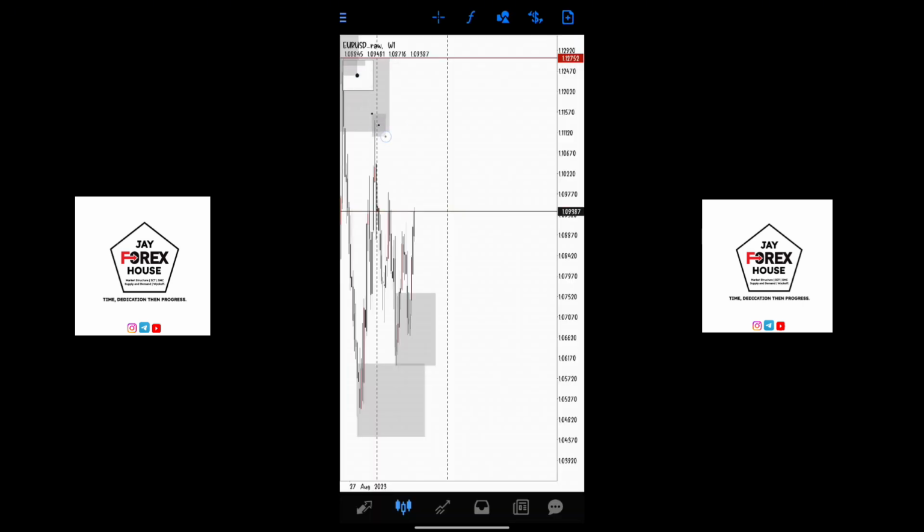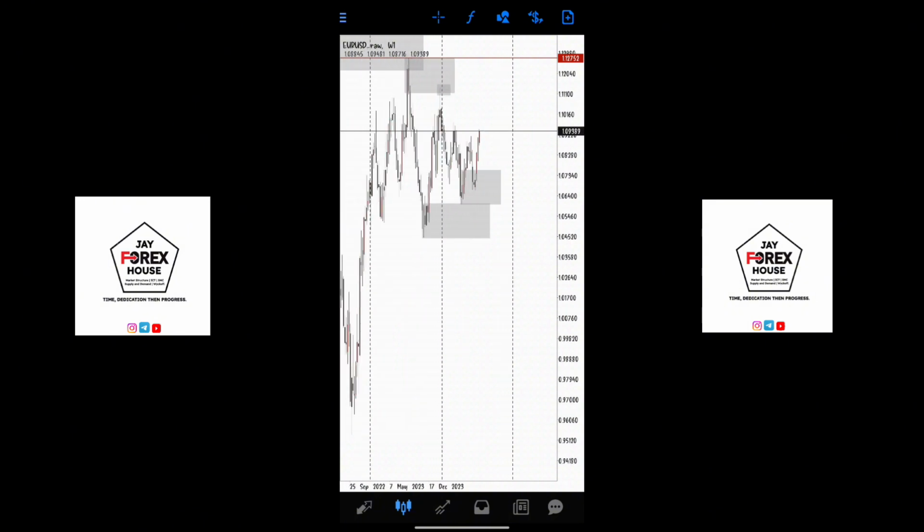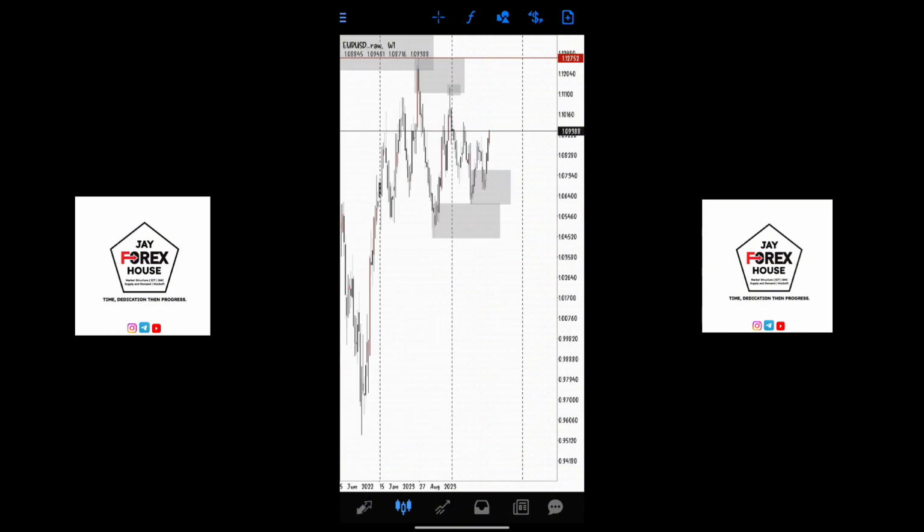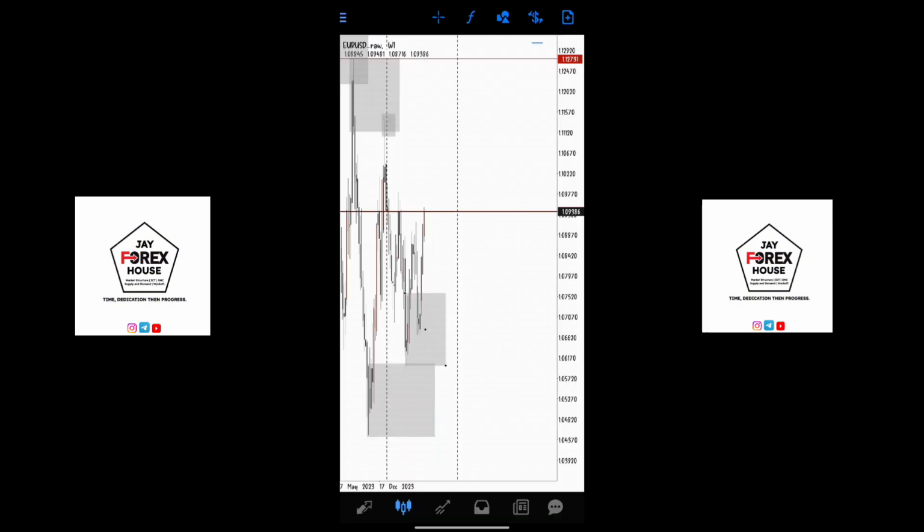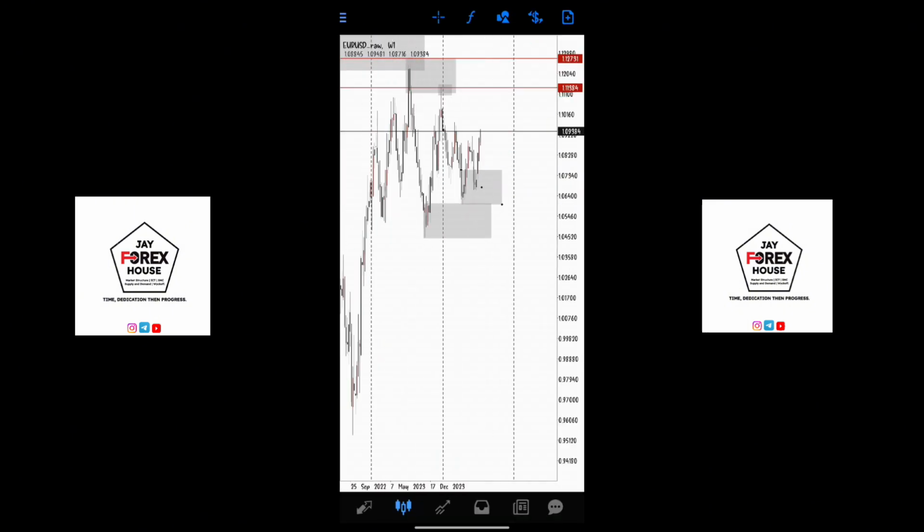Okay, so this high and this over here are the current internal structures. All right, so the highs which we identified that price could be clearing at any time soon are this one and this one. Okay, so the main reason we say those highs could be potential liquidities is because, as you can see,